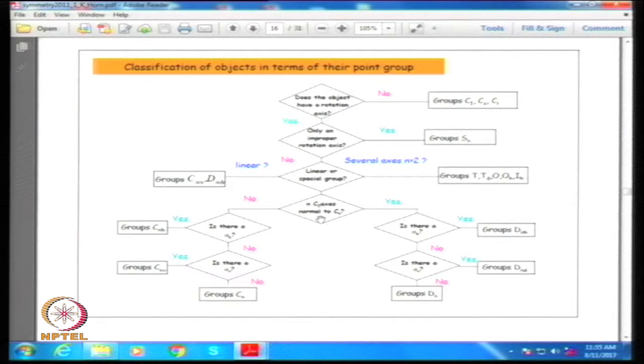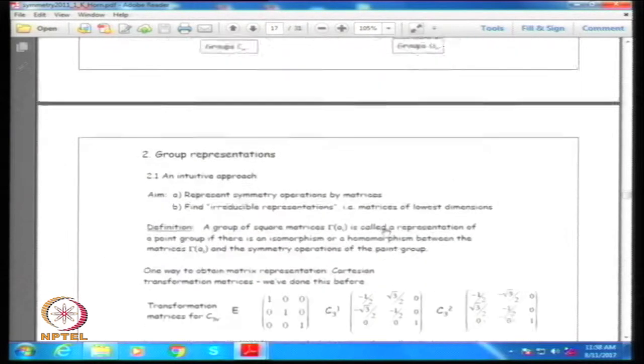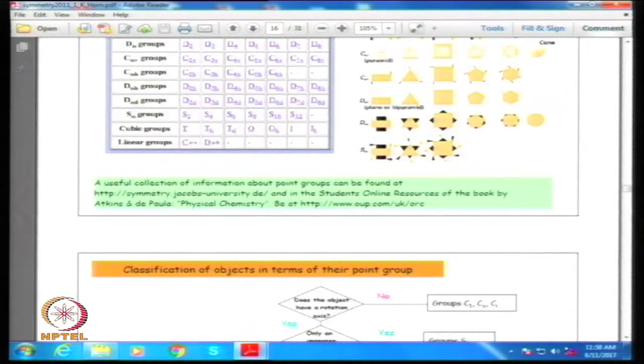Similarly, if it has a perpendicular plane, perpendicular to the z-axis, then you will get the DNH and DND, etc. And if there are no dihedral planes, then you will come to plain vanilla Dn. So this is an interesting way of thinking about how to quickly go down an option chart tree to decide the symmetry of a molecule. Okay, so much for this. You can continue to read this transparency if you like it.